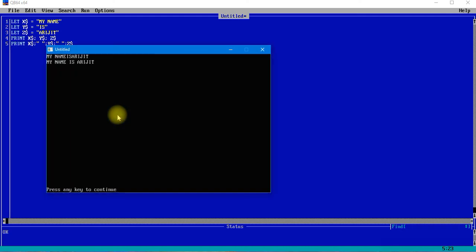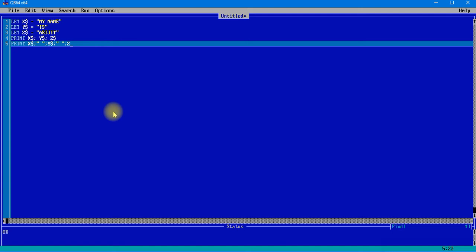Okay, as you can see, when we are printing side by side with semicolon, the values are stuck against each other. Hence we had to give a double inverted comma in between them, so that we can use the space there. So this is how we can separate the values with space. You can also give space within the double inverted commas of the variables. That also can be done. I will show you that also.